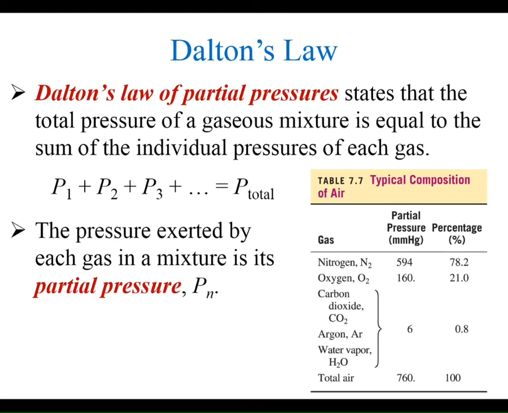It's called Dalton's law of partial pressures, and basically what it says is that the total pressure of a mixture of gases is just the sum of each of the individual gases. So you just add them together. So let's say you have air, for example, and air is a mixture of oxygen and nitrogen and carbon dioxide and little bits of argon and things like that. Well, the total pressure of that mixture is just the pressure of the oxygen plus the pressure of the nitrogen plus the pressure of the carbon dioxide, et cetera, et cetera. So that's all that law says, is that your total is just the sum of each of the individual gases